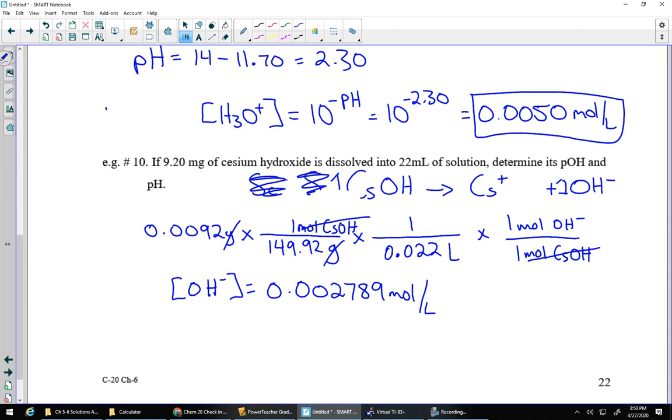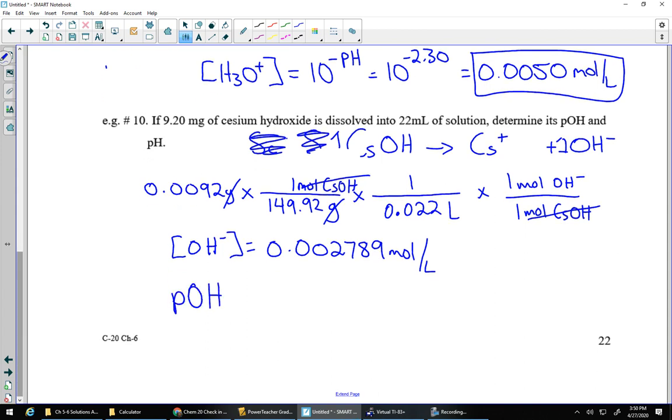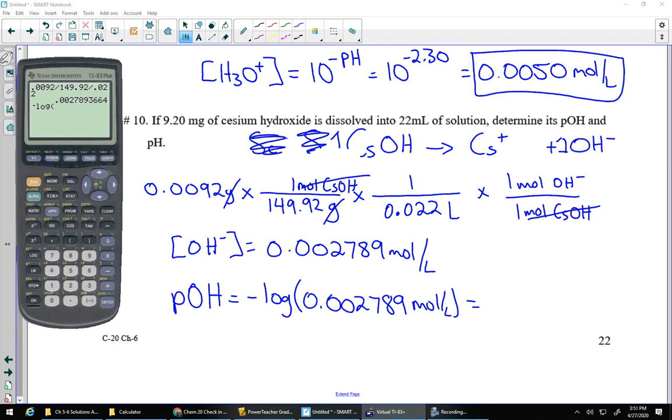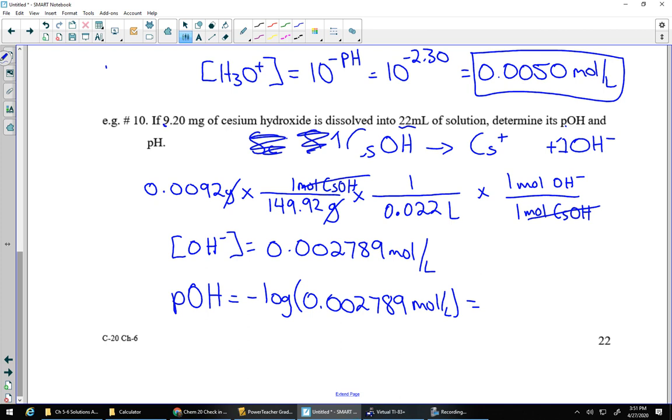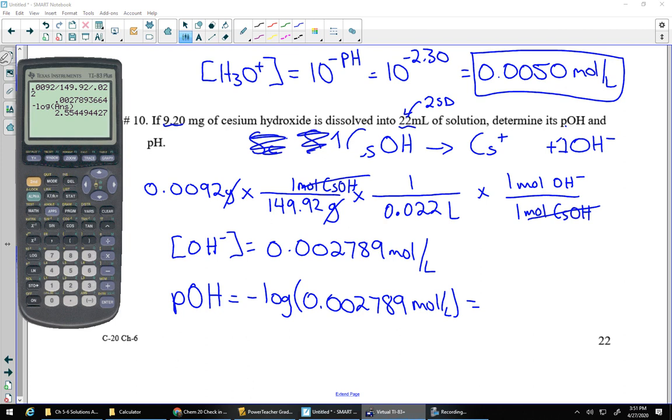Now it's just the same thing that we've done all along. So pOH is just negative log of the concentration of hydroxide ion. So that's 0.0279 moles per liter. Get the old calculator out. Negative log of the answer that I just had. Perfect. So that's going to be 2.5544944427. Let's see, sig digs. I think I'm only allowed 2 sig digs from the original part of the question, because I only had 2 sig digs up here. So that'd be 2.55